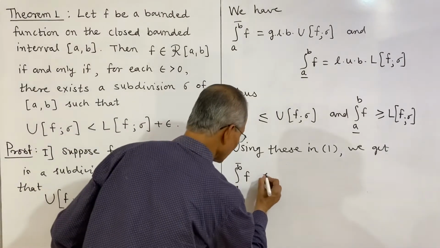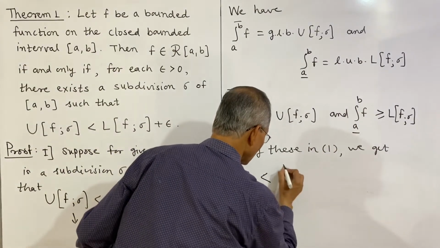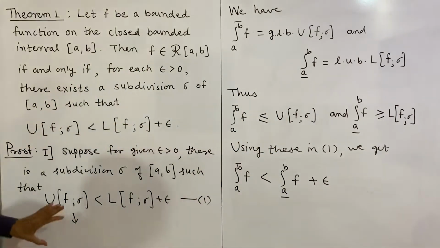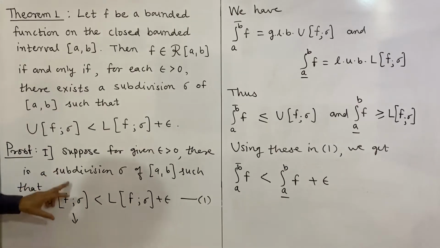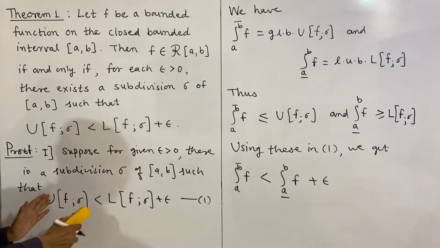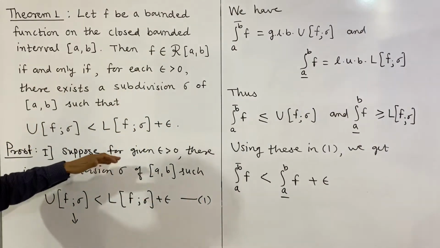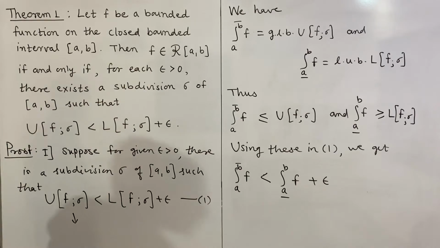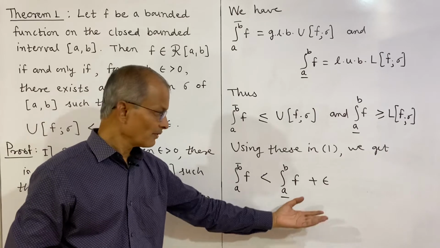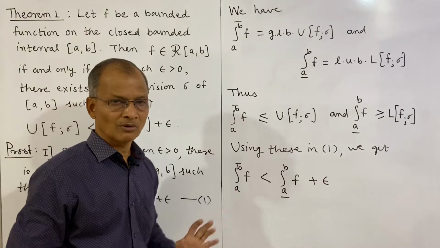So this is strictly less than, the lower sum is replaced by the lower integral of f plus epsilon. So you note this, that this we have replaced by a smaller quantity. So this side we have decreased and this side we have increased, and again the relation remains the same, less than. But what is epsilon? Epsilon is any given value, for each epsilon greater than 0. So this is arbitrary, and this can be made as small as we want. So when epsilon is very small, this upper integral will be less than or equal to the lower integral.